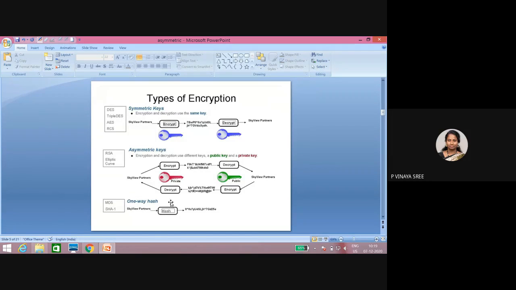It is a one-way hash. One-way hash means if you are sending a message to the hash, the output will be generated as a fixed size length, that depends upon the type of message. For generating MD5 and SHA-1, one-way hash means given a plain text, you will generate a ciphertext, but going back is not possible. From the ciphertext, you cannot get the plain text. That I will discuss in the third unit even more clearly.